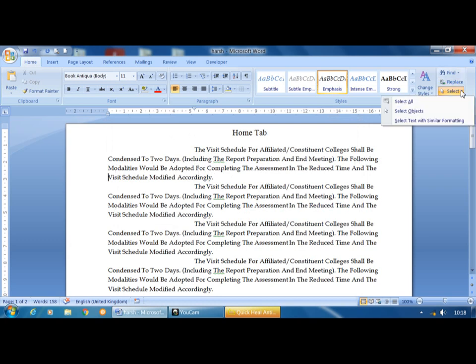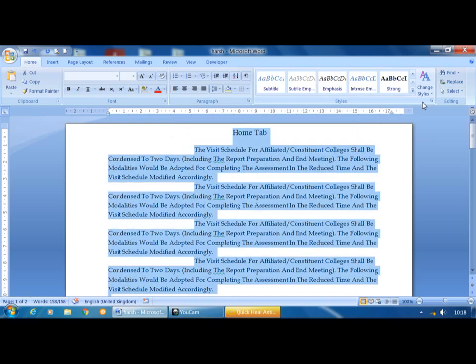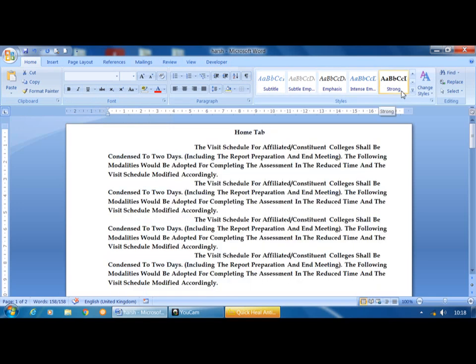And last one is select. If I want to select the object as well as select the entire text at a time, you click on the select all option, and the shortcut for select all is Control plus A. You can select the entire text at a time. So this completes the first tab, that is Home, which consists of 5 groups: clipboard, font, paragraph, styles and editing, and each group consists of a number of commands which we learned in this class. So thank you one and all.